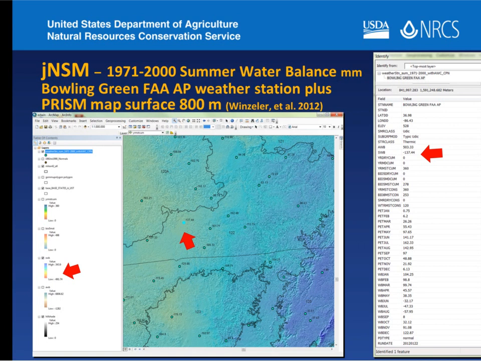Here we're looking at the Bowling Green Airport weather station, and the theme that's being shown on the GIS screen is summer water balance. It's in the more yellowy, kind of blue range there, which corresponds with about the summer water balance that we found at the weather station too. We were using as our input parameter for available water a mass unit average for the state soil, or the digital general